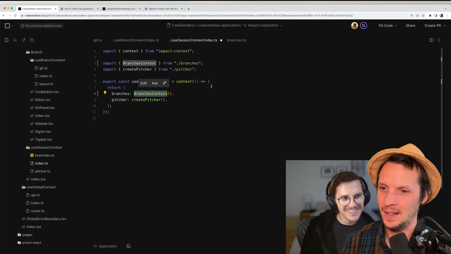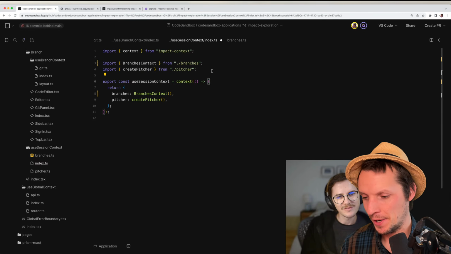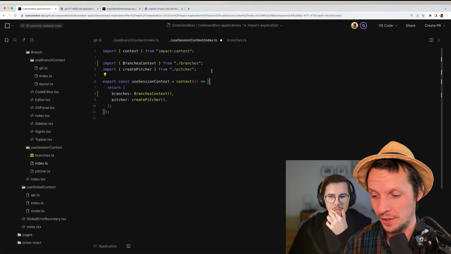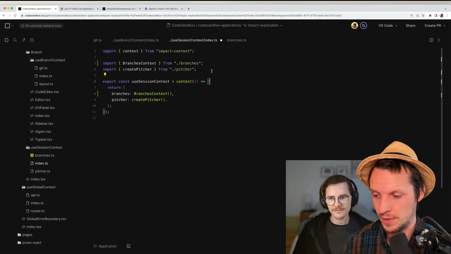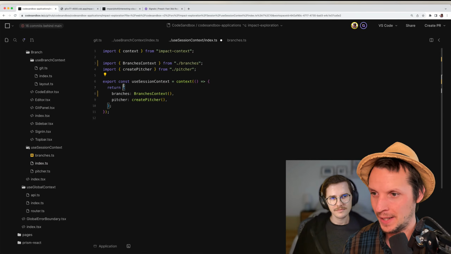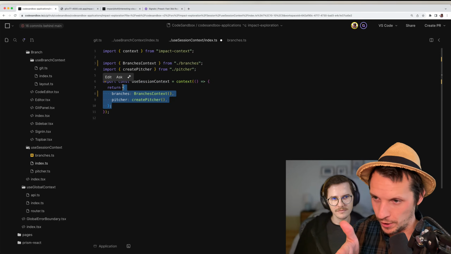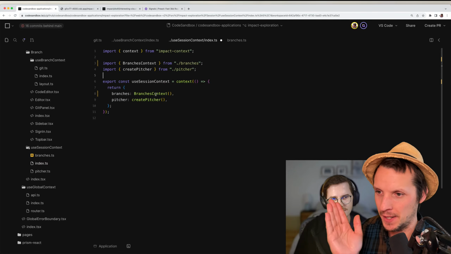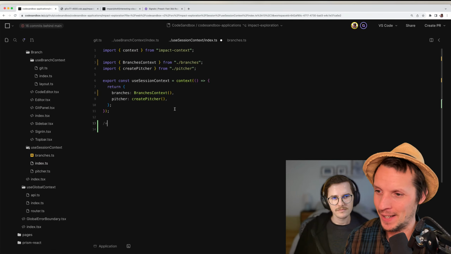I don't know. Yeah, because there is something about the previous API where you would compose these stores together, and these stores could just use each other. It made so much sense. So they could use each other, and any component could use either of the stores. But here we make sure that we expose the context as a single point. Like you consume the session context, and if you dot into that context, you have branches, you have picture, and so on.